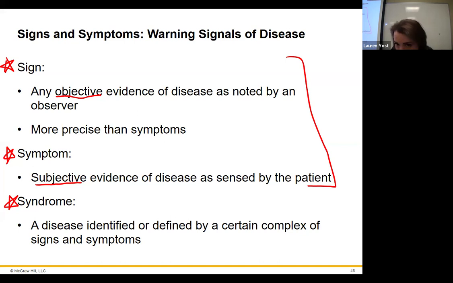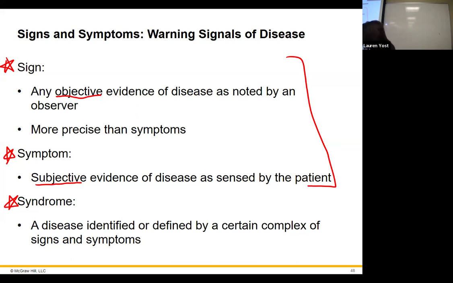So here's some good examples. A sign, something you can measure: a fever. Yeah. Also, another example that falls into that category, vomiting. Can you see if somebody's vomiting or not? Yeah, I mean, you're going to know, right? However, symptoms, the subjective part: nausea. Can you see nausea? No, right? Can you see pain? No. How do you measure those?